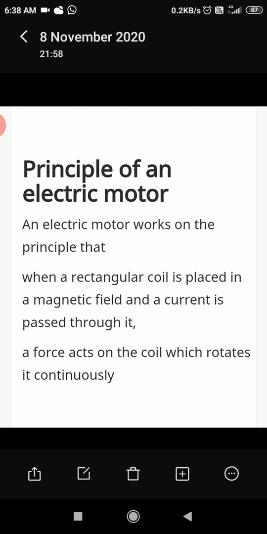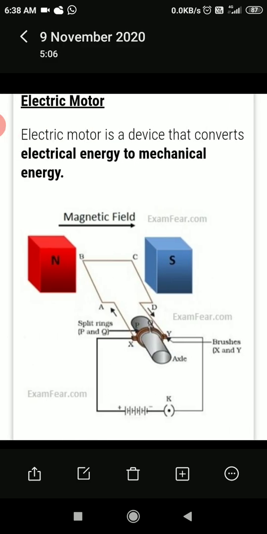The electric motor works on the principle that when a rectangular coil, here you can see the rectangular coil, is placed in the magnetic field and current is passed through it, as we have studied, when a current carrying wire is placed in the magnetic field, a force acts on it.